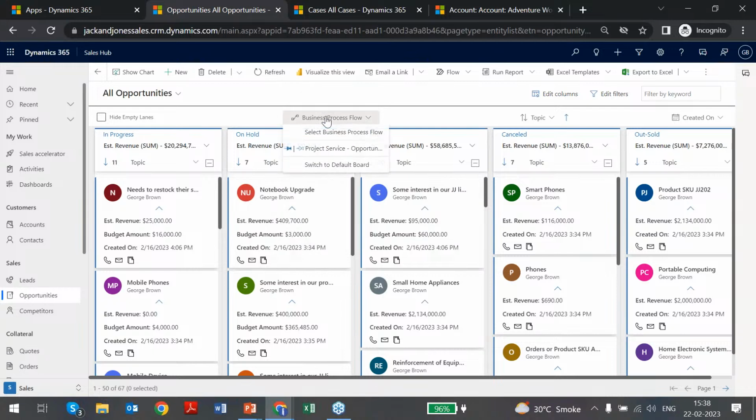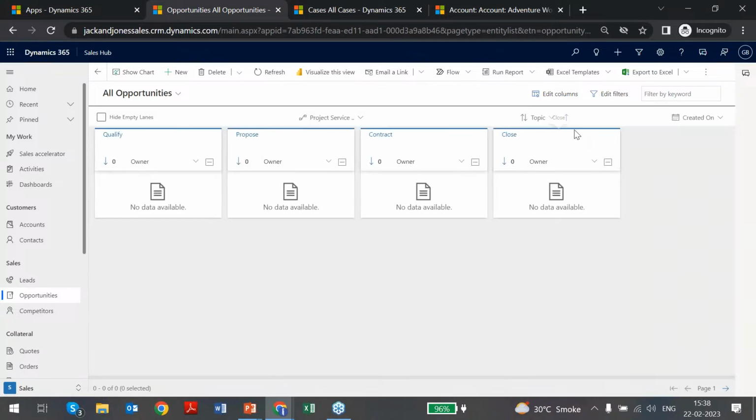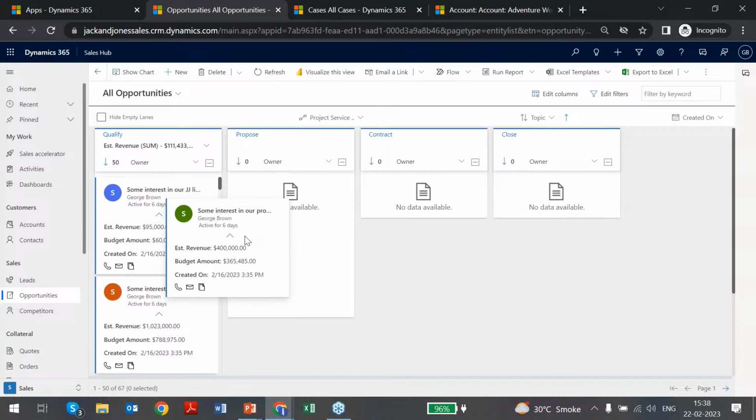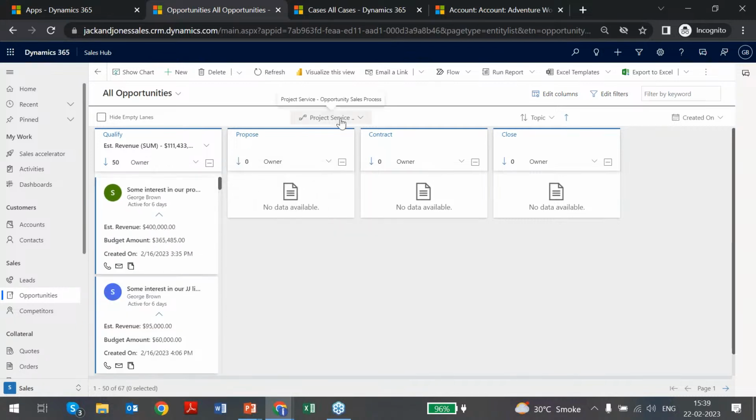It also has support for BPF. So if you observe over here, this is the BPF, and there are a couple of stages involved in this business process flow. Again, in a similar manner, you can simply drag and drop a card from one stage to the other. If I switch back to my default board,